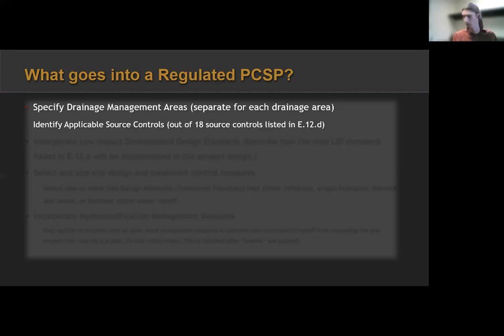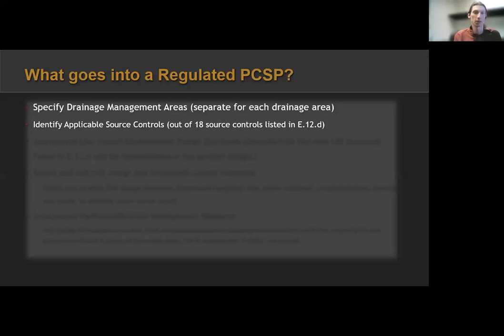Now, also for each DMA, you need to identify the applicable source controls. Now, this comes from a list in the phase 2 permit. There's 18 source controls. I did count that one correctly. I verified it. But there's 18 source controls that you'll have to look at, which will say, are you doing loading and unloading operations?